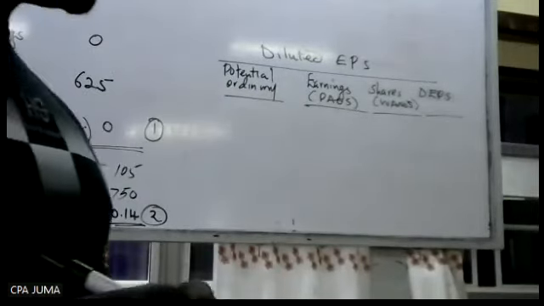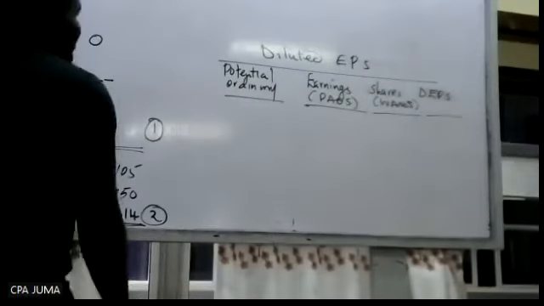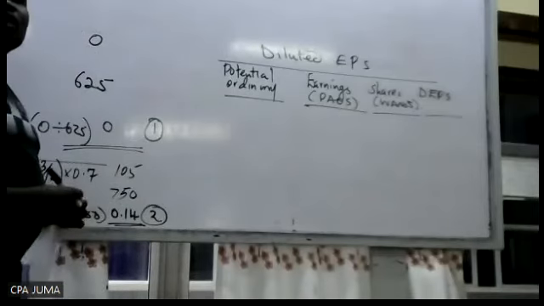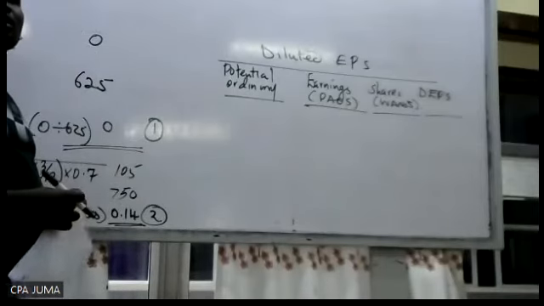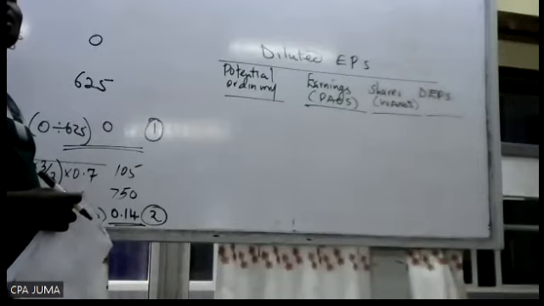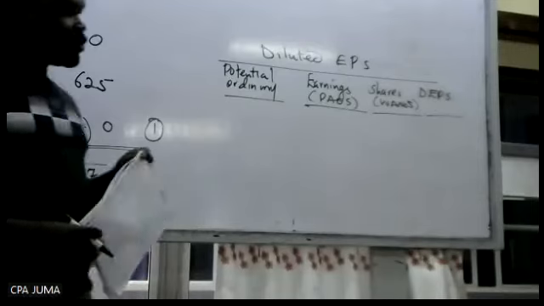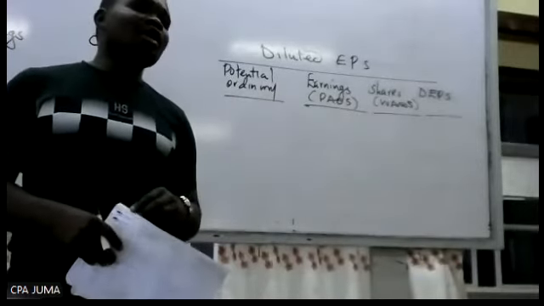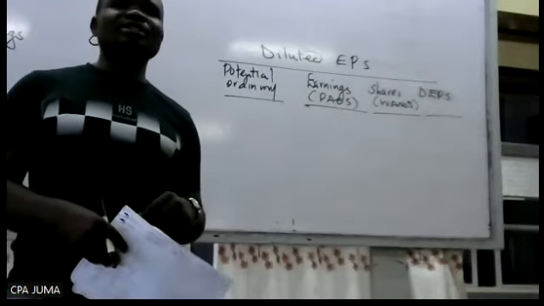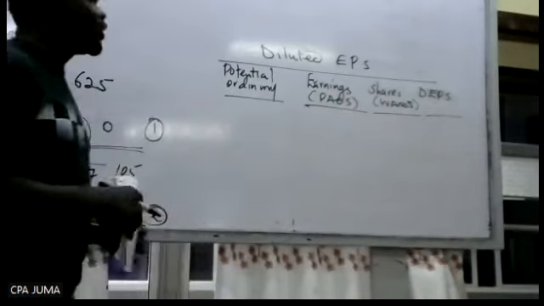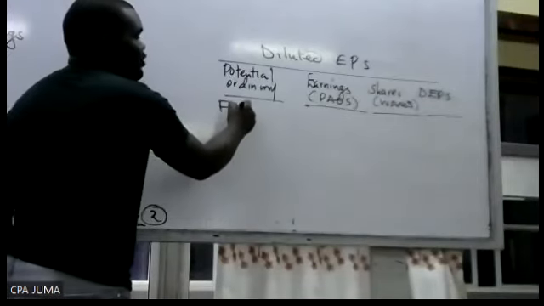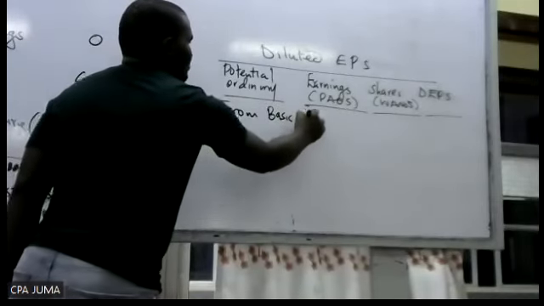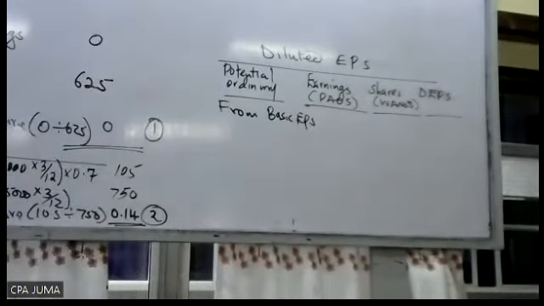But here we want to check diluted earnings per share. What do you want to dilute? What does dilute mean? It's the basic. Yes, the basic. You look at when these people will join. What will be the worst? Worst case scenario. To what extent will it go down? So before you start a dilution, you start from basic. So you bring basic first, then we check the effect.